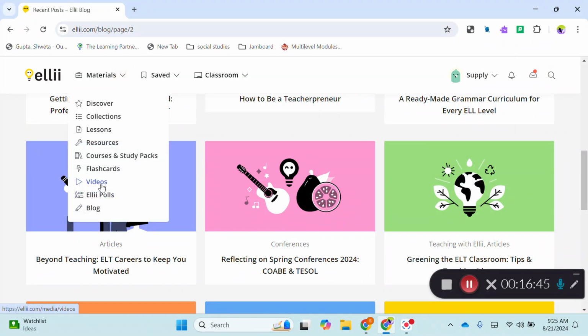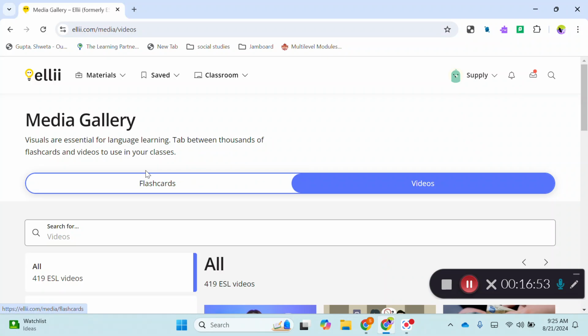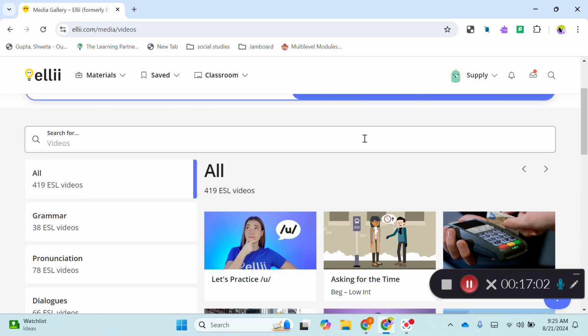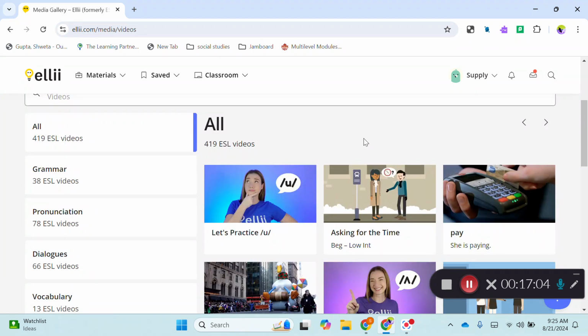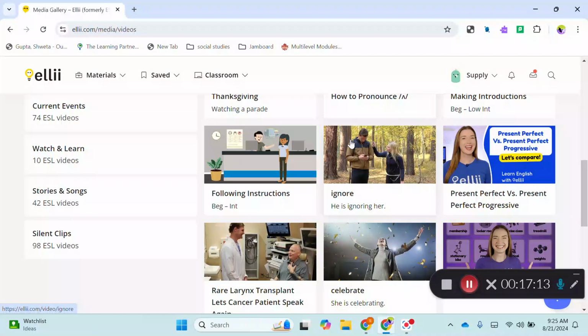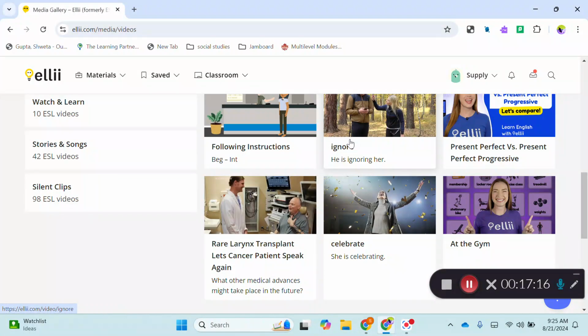In the media gallery, they have videos and flashcards. Videos are made by Ellii staff that have been or are teaching professionals. They're categorized under grammar, dialogue, stories, vocabulary, songs, and silent clips. They supplement or complement the lessons in Ellii. These videos are all easy to find instead of having teachers to locate videos or additional resources on different websites